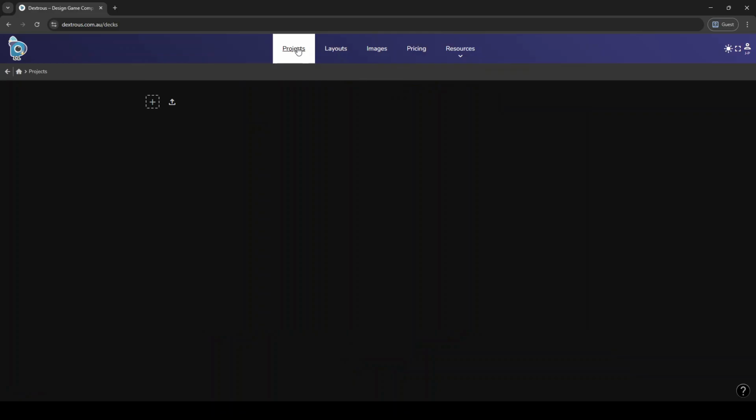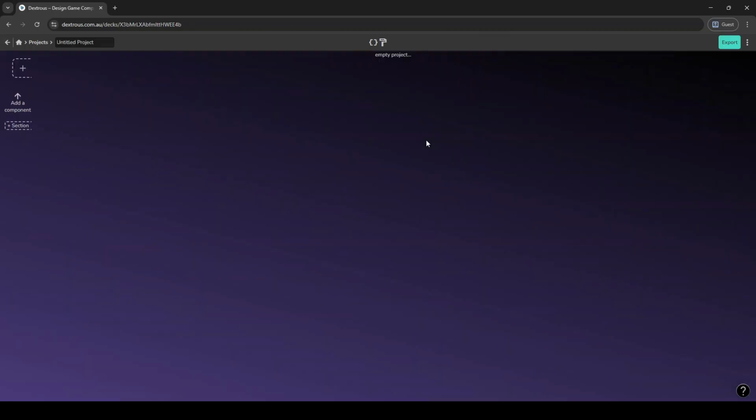I have no project at this time here, and we can create a project here. Let's create a simple card game. I think that we might call this dice game. So we create some cards that are dice numbers and so on. First we can name our game here. Let's say Dices, and then this is an empty game.